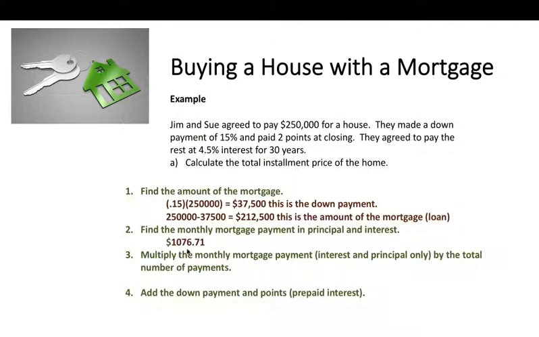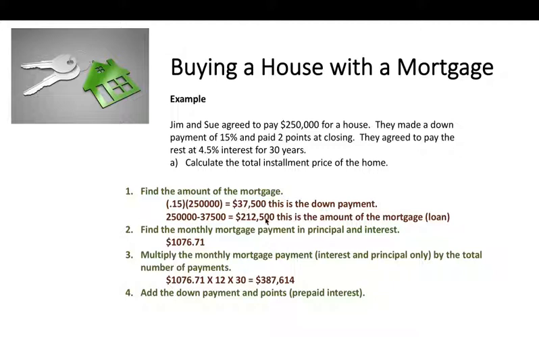Okay, now multiply that figure by all the payments they're going to make. If they pay the loan off, how many of these payments of $1,076.71 are they going to be making? Well, they're going to be making one a month. That's 12 a year for 30 years. So we're going to multiply these figures together. And they have paid a whopping $387,614 for the mortgage. That's not everything they paid for the house, though, because don't forget they paid the down